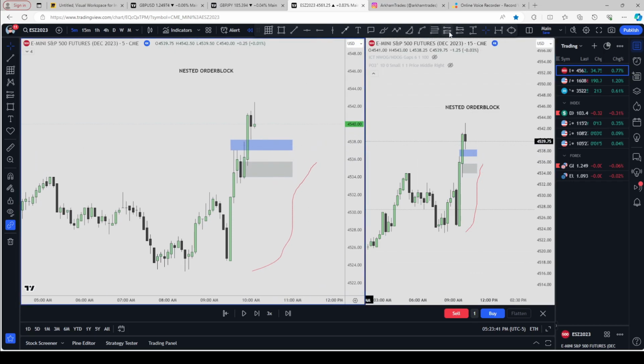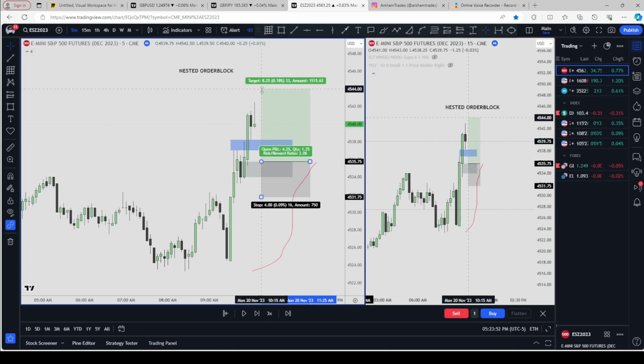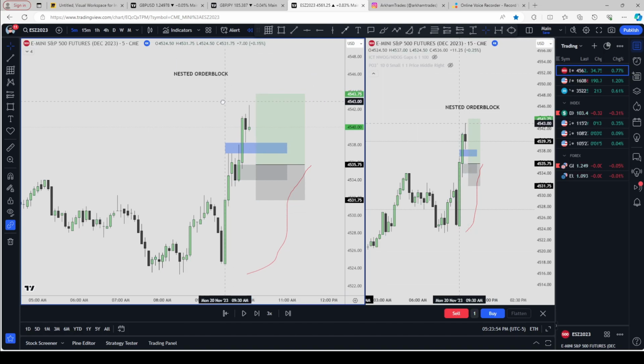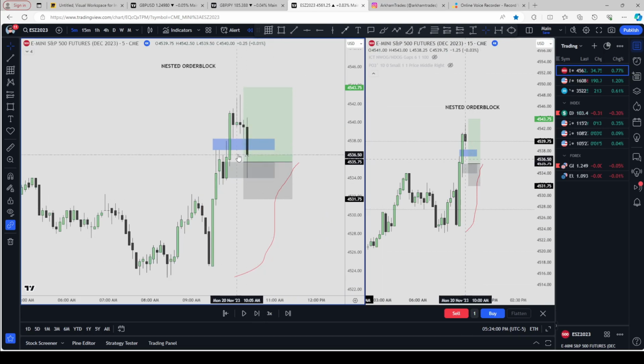So what we can do here is put our limit order right here at this low, stop loss just down here. Could probably do a quick 2-to-1R trade. Price then breaks lower, taps into that last down close candle,